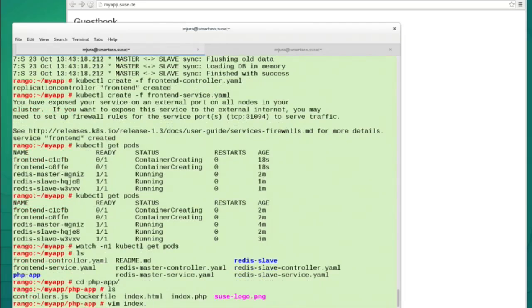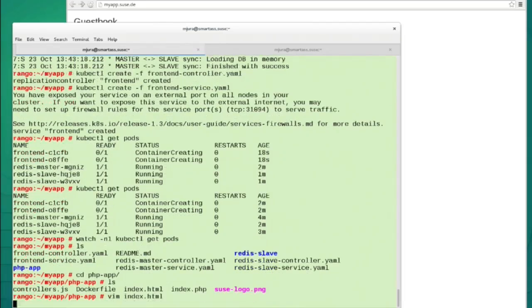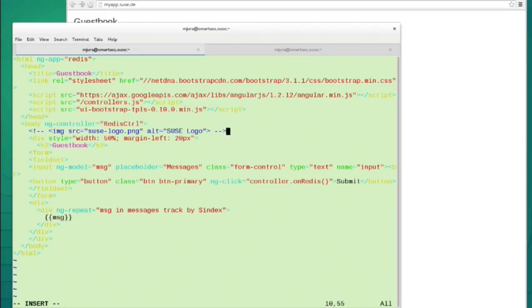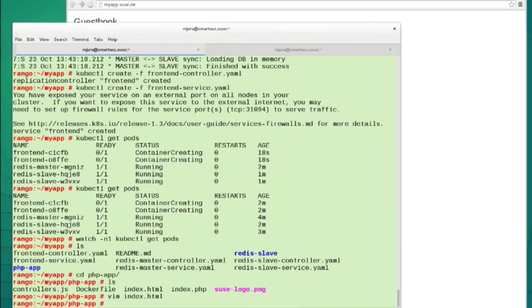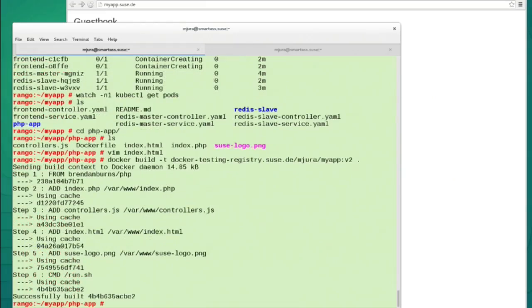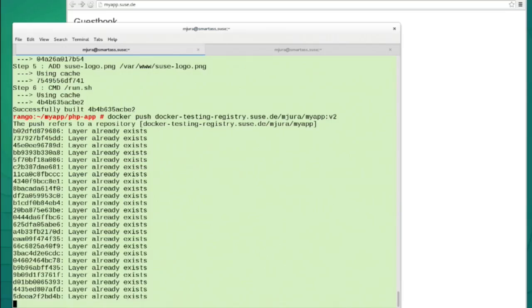Now we want to do something more. We want to change the application, so there is a new rollout. We make a change of the code and rebuild the image. So we create a new version of the same image, this time with version 2. This version 2 includes the change we just made. And now we want to do a deployment. Well, we want to do the deployment without affecting the live website.